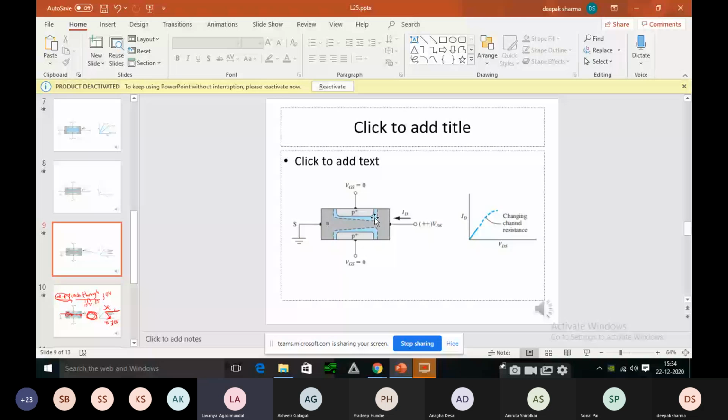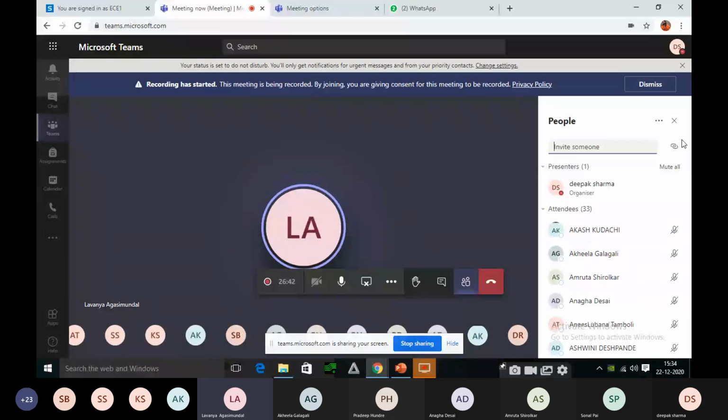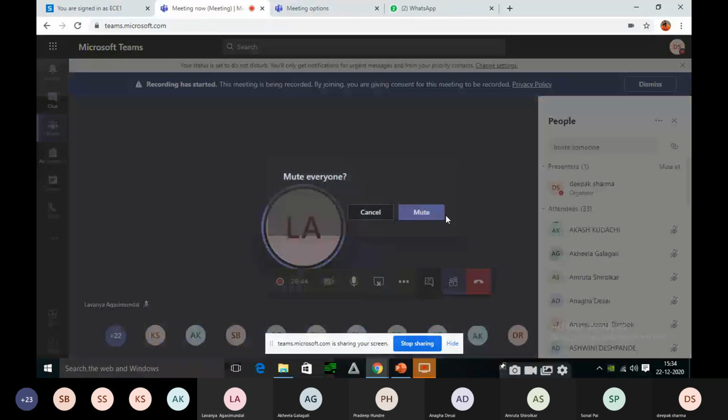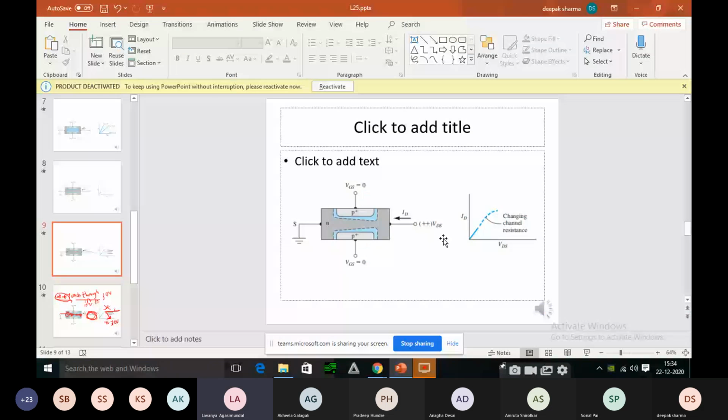Hence, the depletion width near the drain becomes more widened, and the channel width will be decreased. And because there is a decrease in channel width, what we are seeing is that the current is not